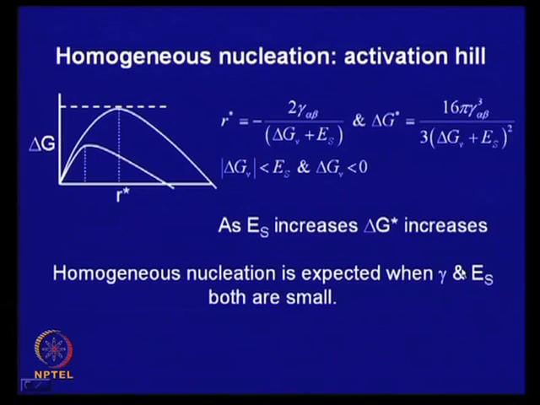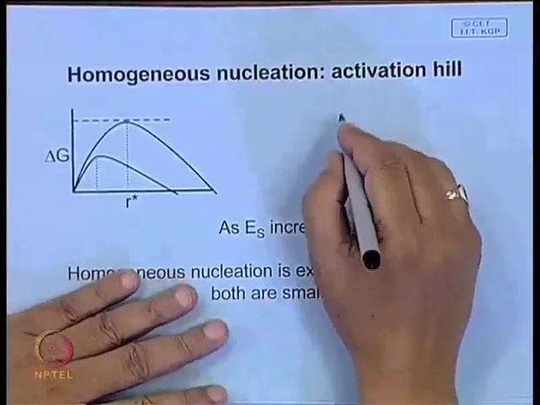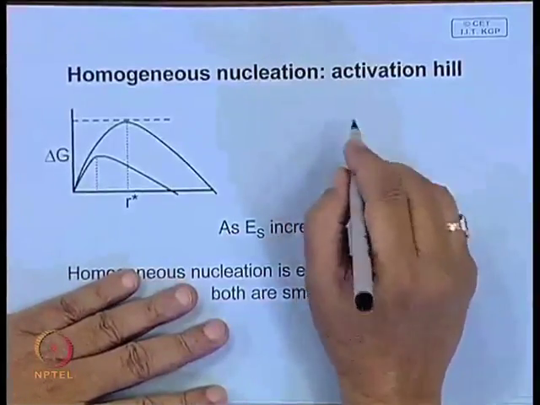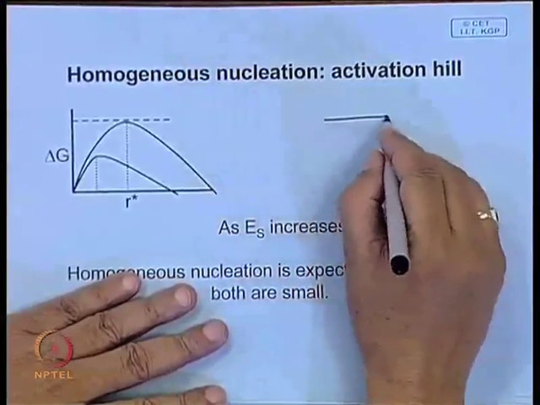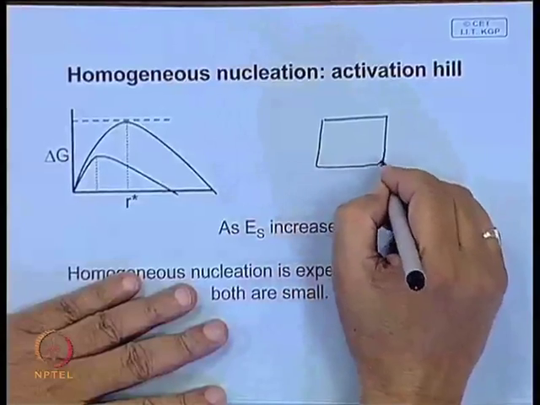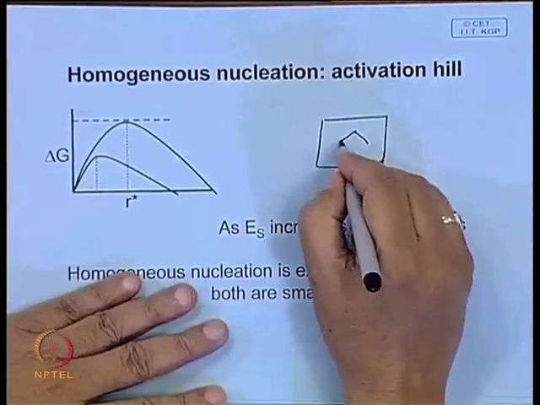When will it be promoted? If gamma is very small and the strain energy is also very small, and we will see as we proceed through the lecture when it will be possible to promote homogeneous nucleation. And why we need homogeneous nucleation, we will see as we go through the mechanism of precipitation in any microstructure. These are the grains,